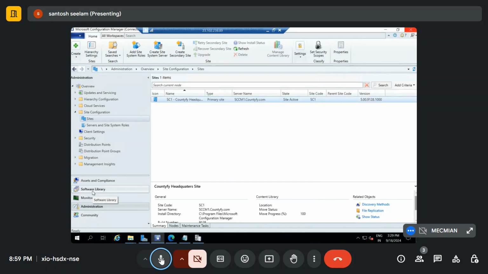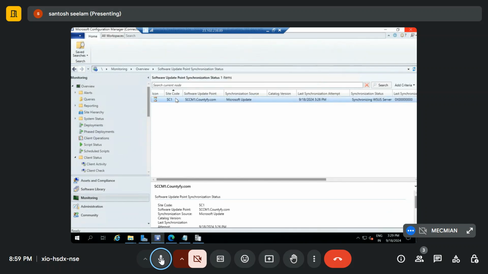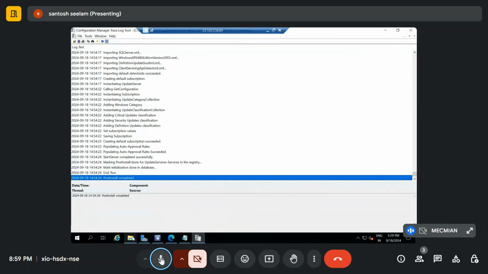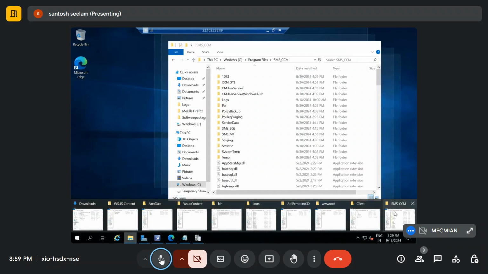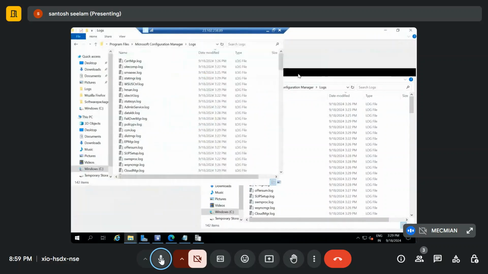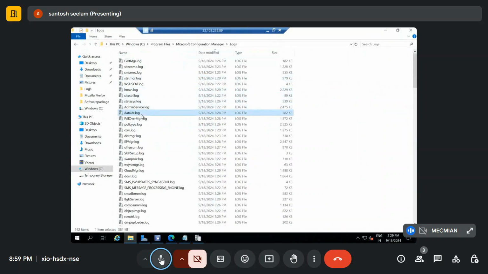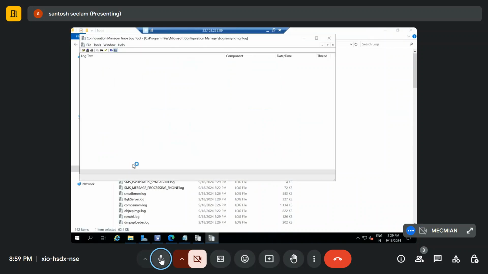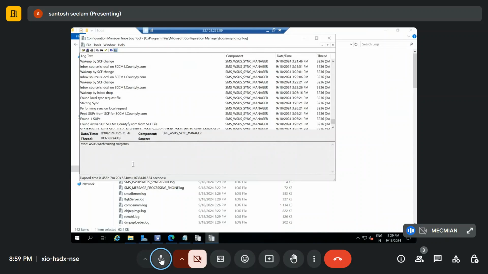Okay, let's see if it is completed. Go to monitoring. It is still running. Let's check one log file also. Then we will close. Go to the Microsoft Configuration Manager folder. Close everything. Look for wsyncmgr. Open it. So this is the main log file for the sync. If you can maximize it,